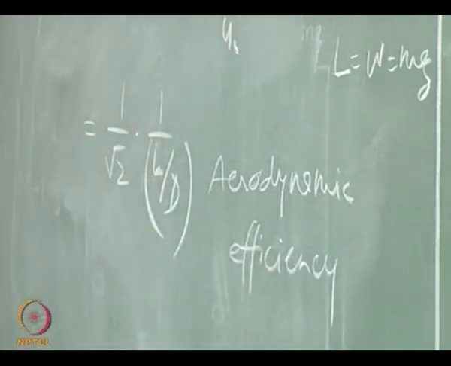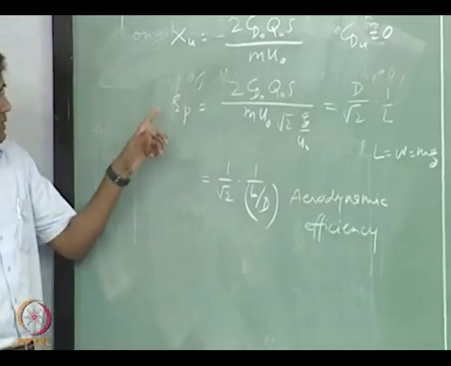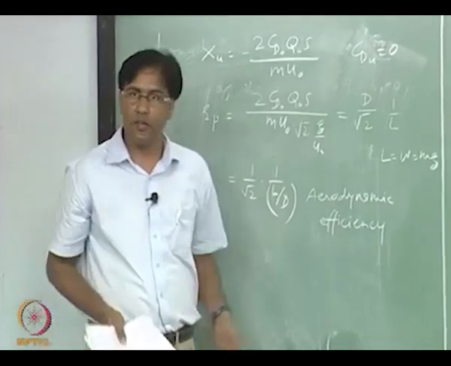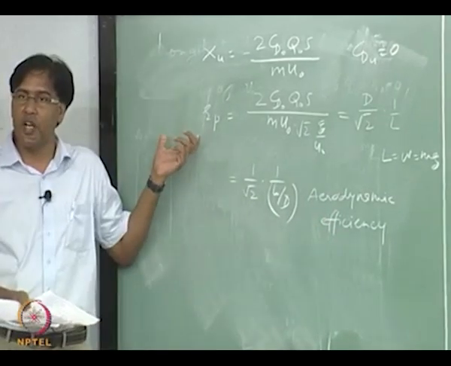Which is called aerodynamic efficiency of the aircraft, right. So, what it means is that if you have L by D ratio which is high, the damping in Phugoid is low,